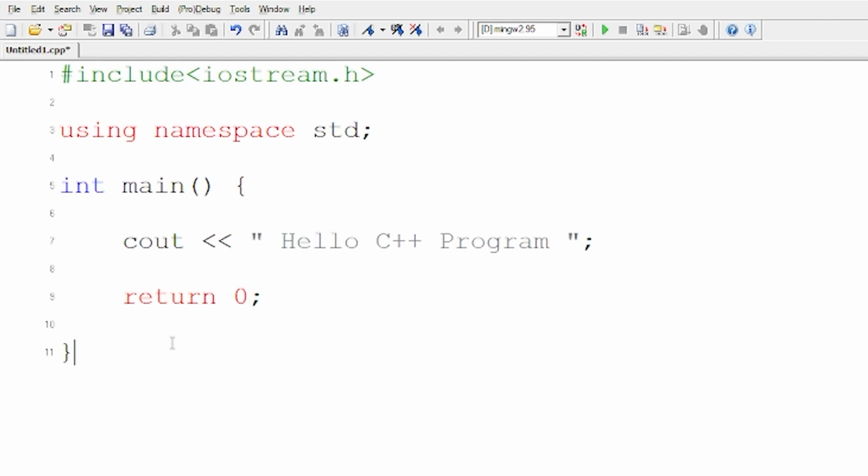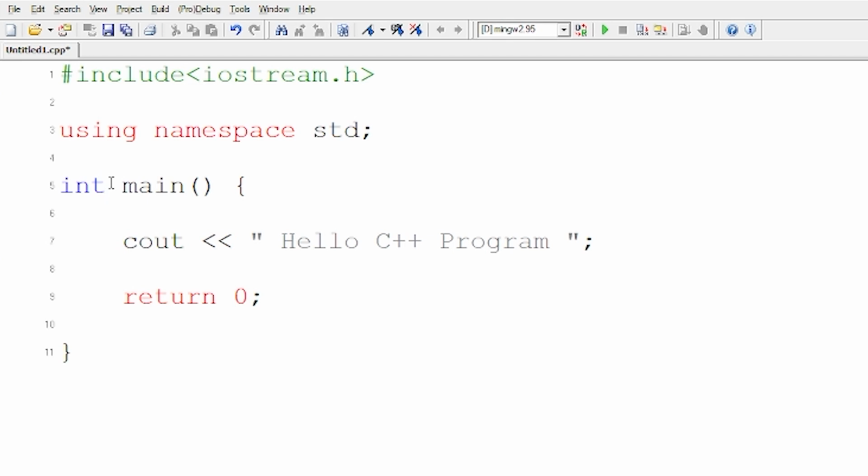Now, in our main function, we simply need to print this thing to our console. That's why I have written cout "Hello C++ program". So basically, when I run this code, this thing will print, but I don't need anything in return from this function. Here int is given. Whenever you have this integer, which is called a data type, which we're going to learn in future classes, a data type of int always has to return something when it is used in a function.